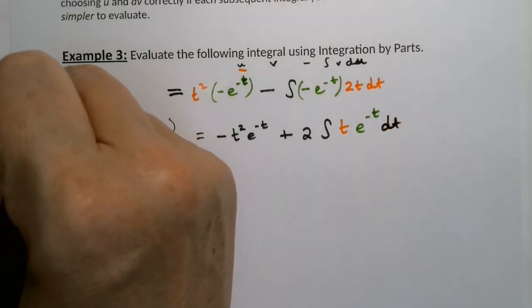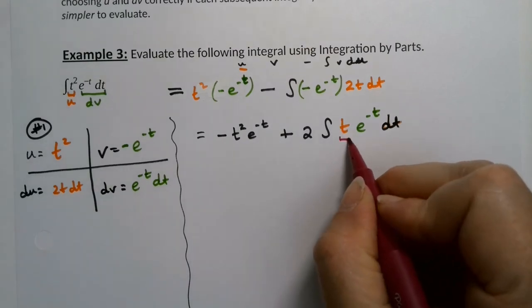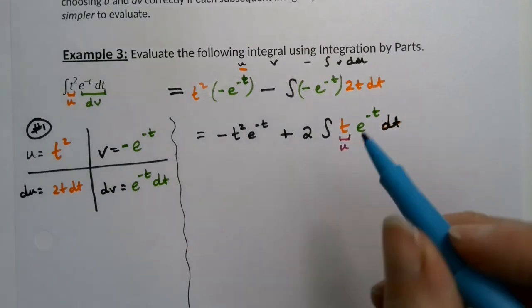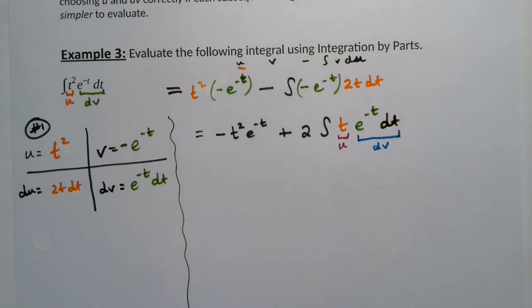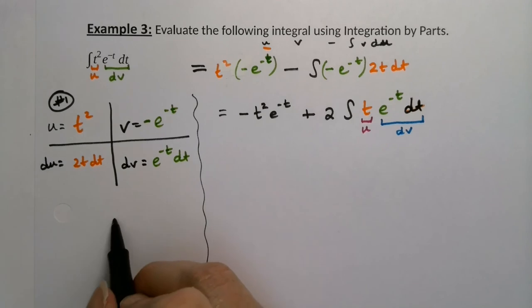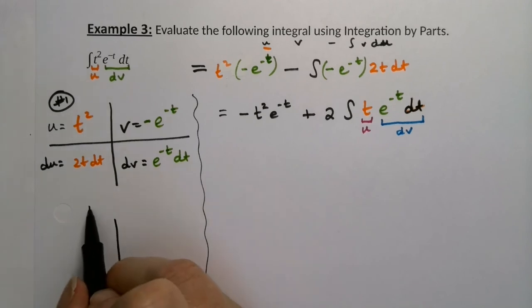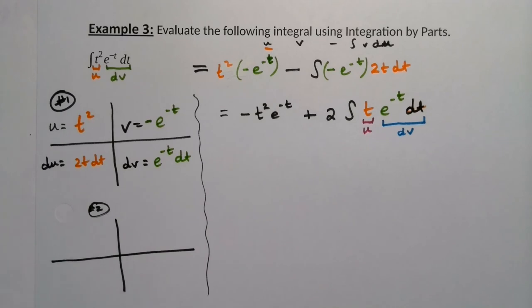So here was the first application of the integration by parts rule. And now what we're going to do is do it again. Here's u. Here's dv. See it? It's very similar to the previous example. That's one of the reasons I didn't mind this example kind of coming over into the next one. Okay, so for this next one, u is t,